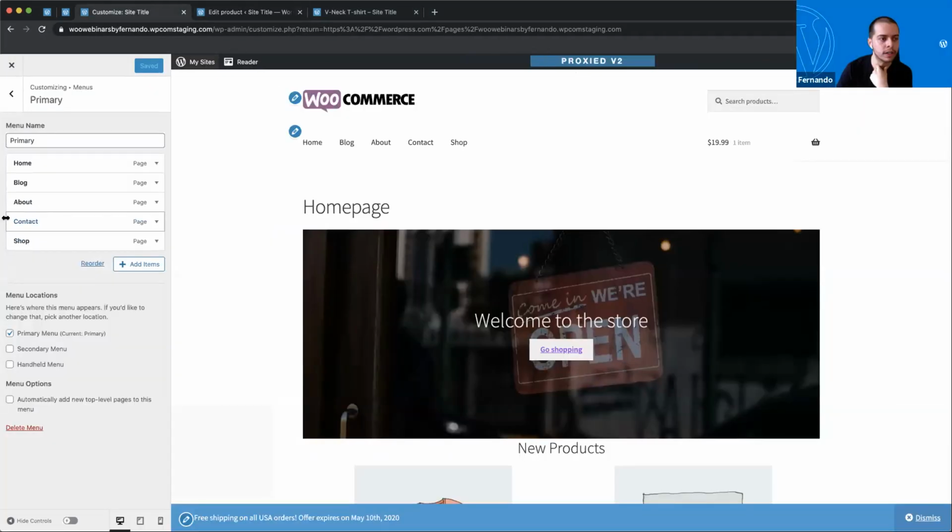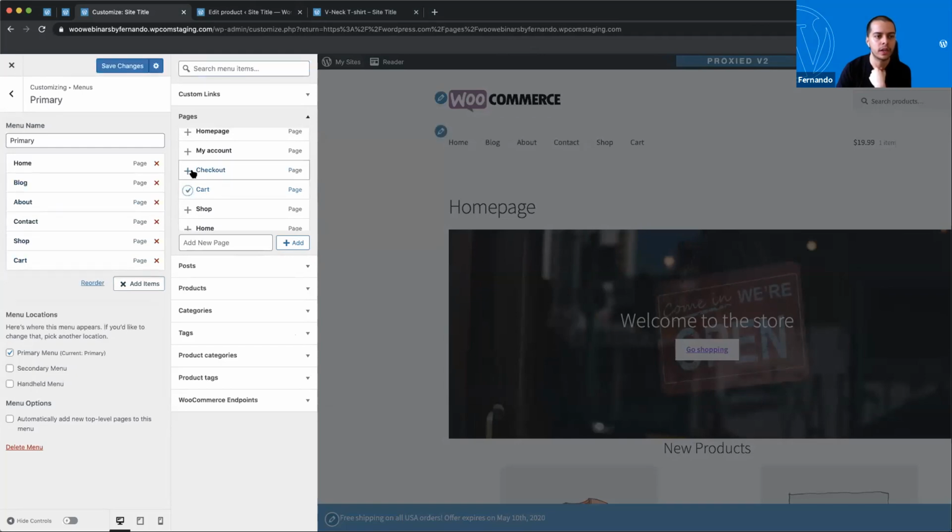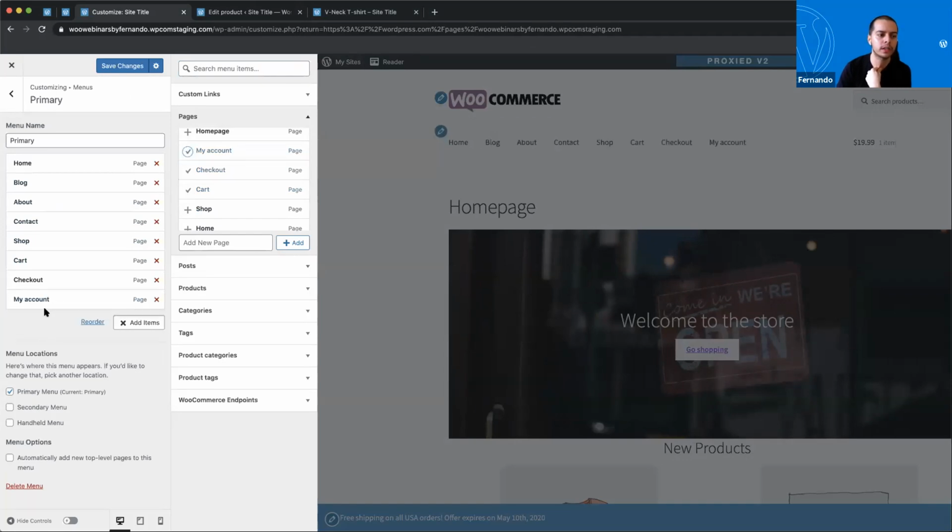Definitely. So here we will select to add items. And then we can select whatever page we want to add. So let's say we want to add the cart page and the checkout page, and maybe even my account, so that we can condense all of our different WooCommerce pages under the same menu item. So we can just